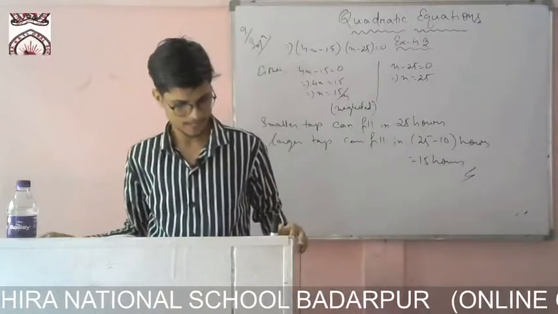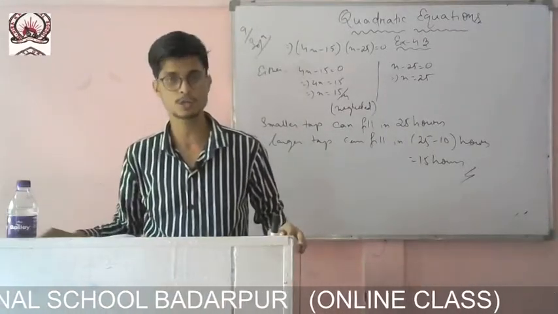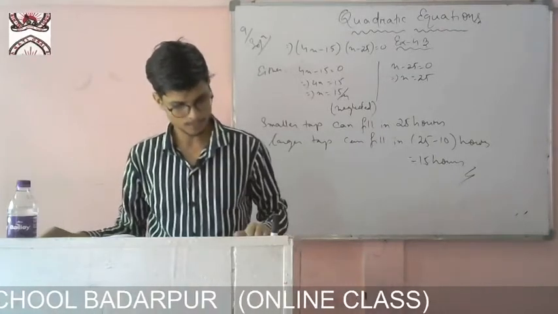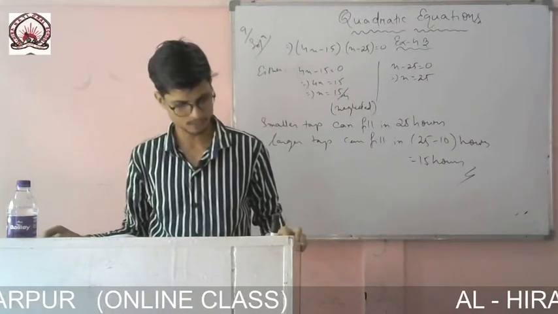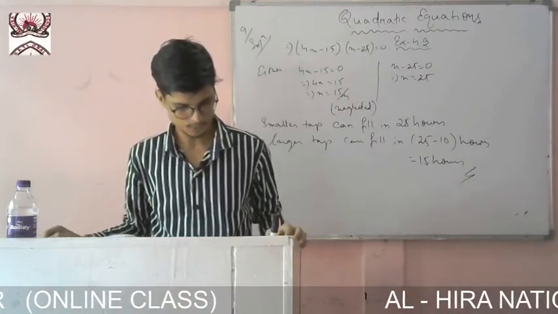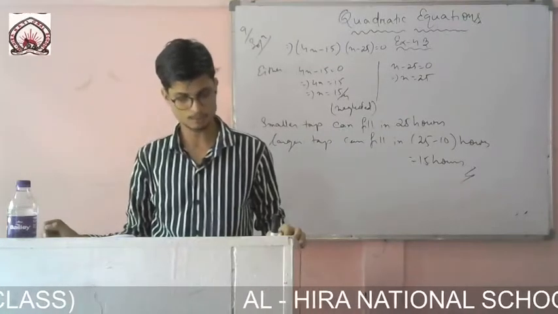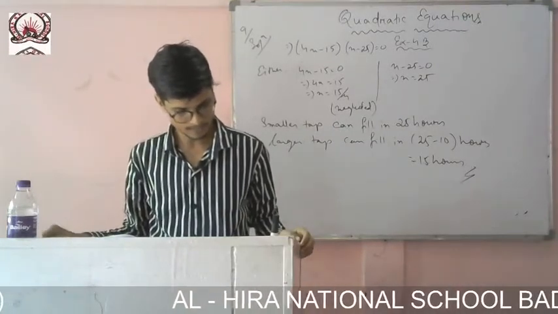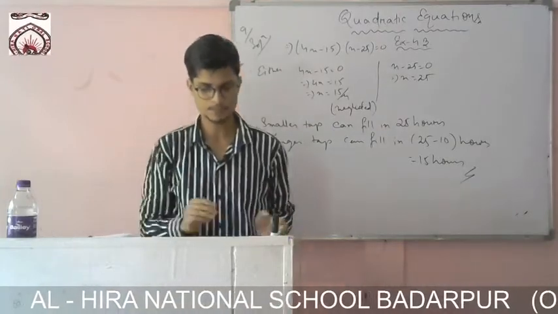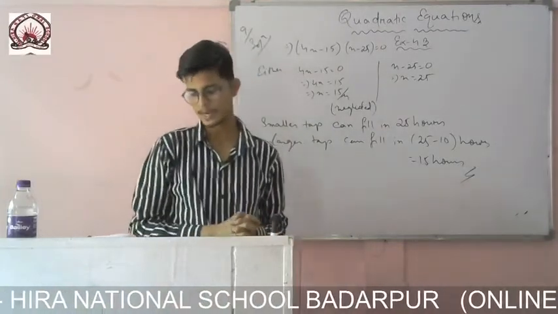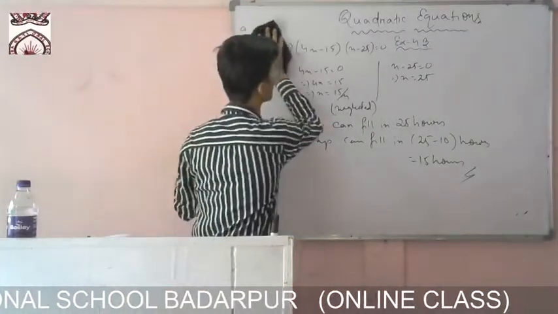An express train takes 1 hour less than a passenger train to travel 132 km between Mysore and Bangalore, without taking any consideration the time they stop at intermediate stations. If the average speed of the express train is 11 km/h more than that of the passenger train, find the average speed of the two trains. So the question is to find the average speed. We have done such kind of maths earlier also.